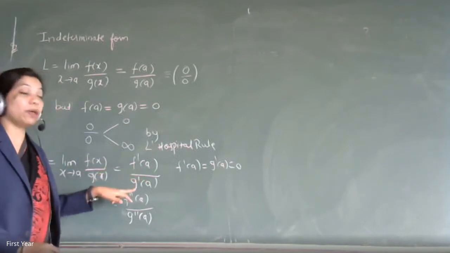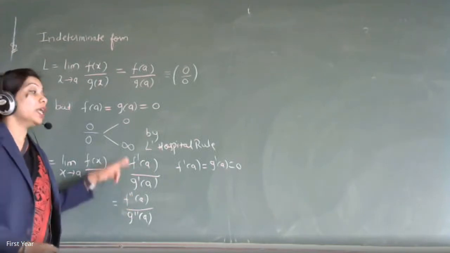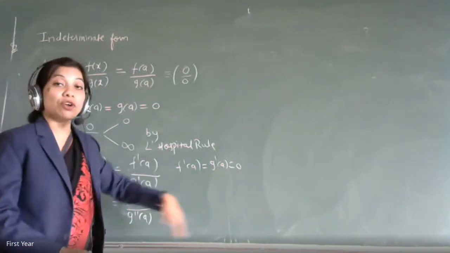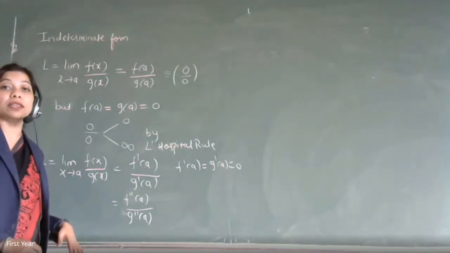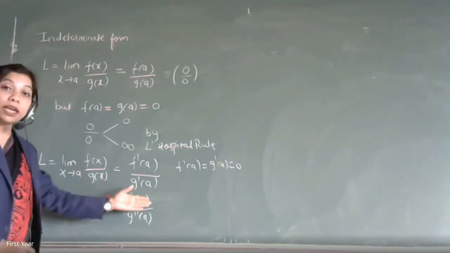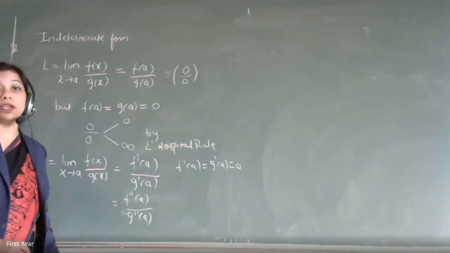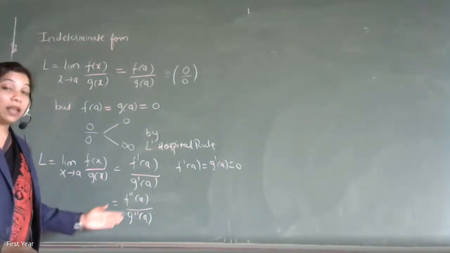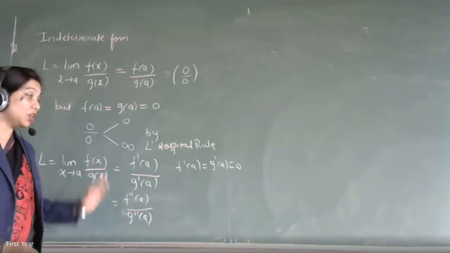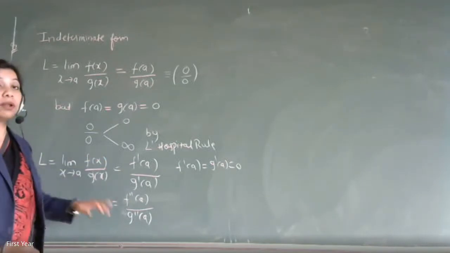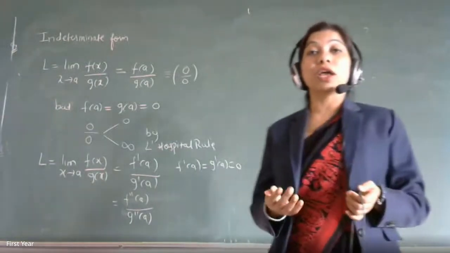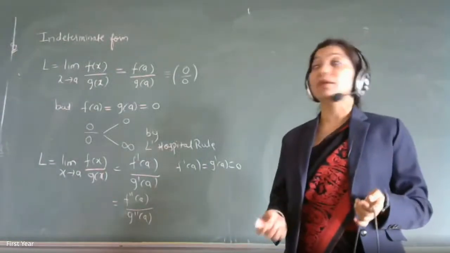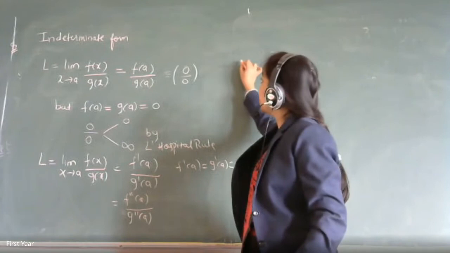So f dash of a by g dash of a is your answer. If again f dash of a and g dash of a are 0, then what do we do? L'Hospital rule apply, and what do you get? f double dash of a by g double dash of a. Is it okay? We continue until the numerator or denominator becomes finite, one of them should become finite. If the numerator is finite and the denominator is 0, then what is the answer? Suppose your L